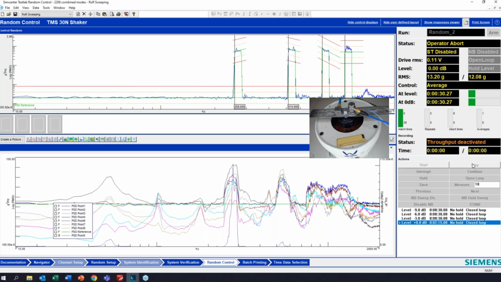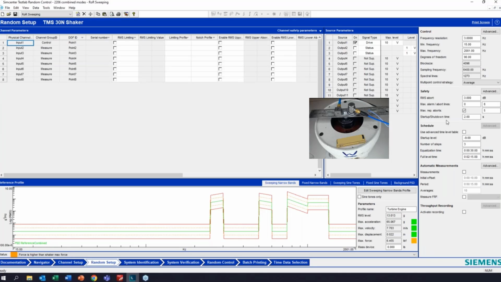That's about all I can stand of that. Now, couple things to note here for this kind of test. Go back to this random setup and just look at some things. For these safety limits, by default, these alarm abort lines are set to 0, 0. This is how many lines you can have out of tolerance in the profile before the test will shut down.